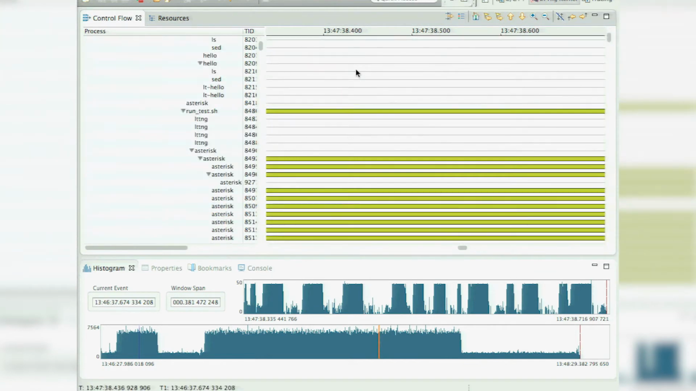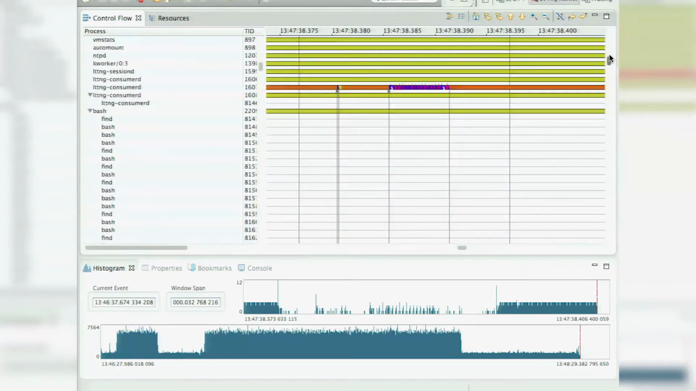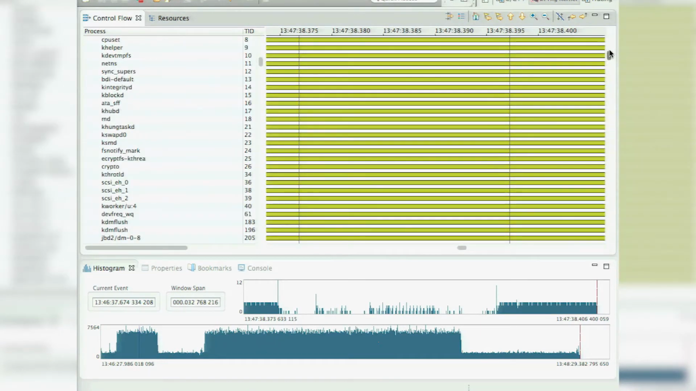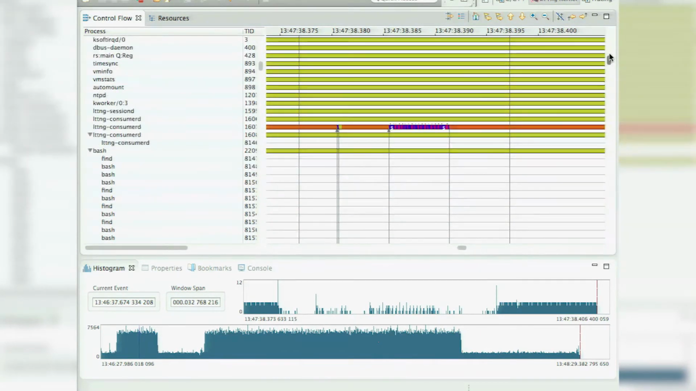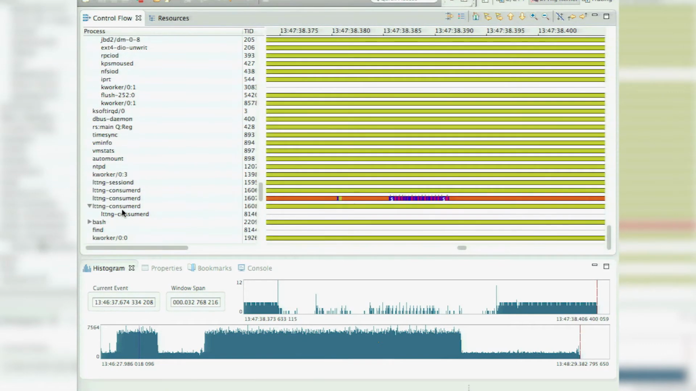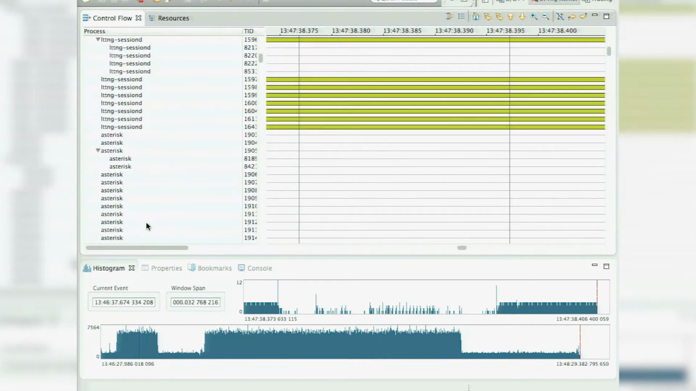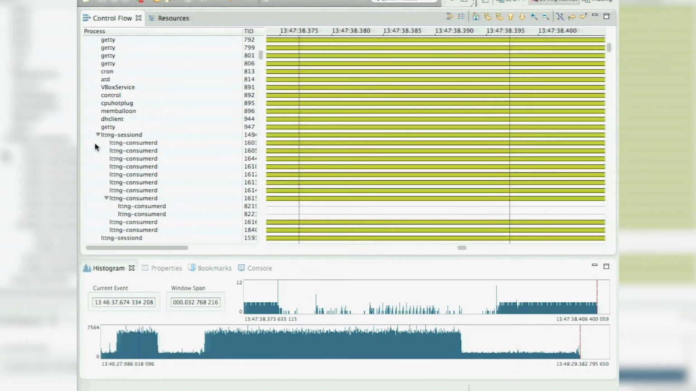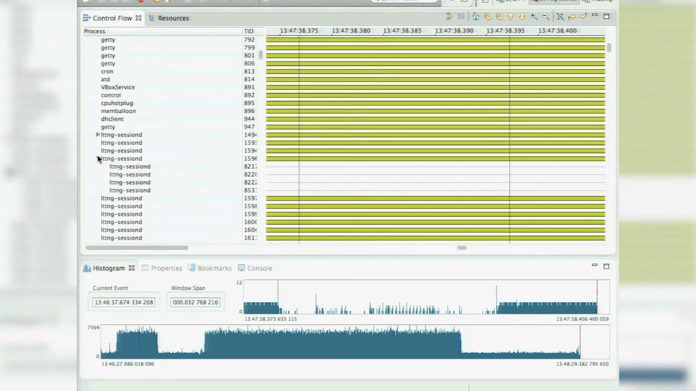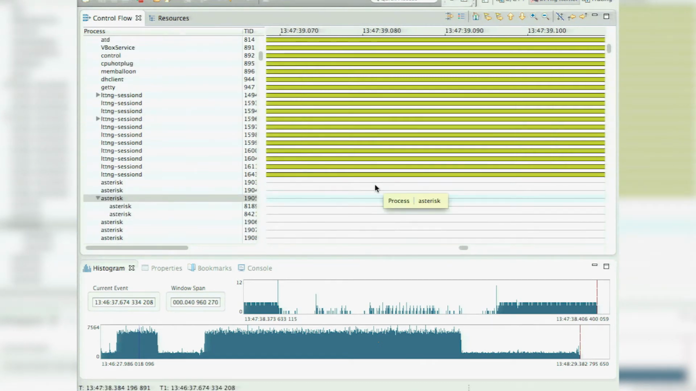It's easier if I can see it here. Okay, here we go. So this is in the control view. You have all the processes on the left there, and I can go to where I started the Asterisk process. Okay, so here's an Asterisk process. So if I go over,